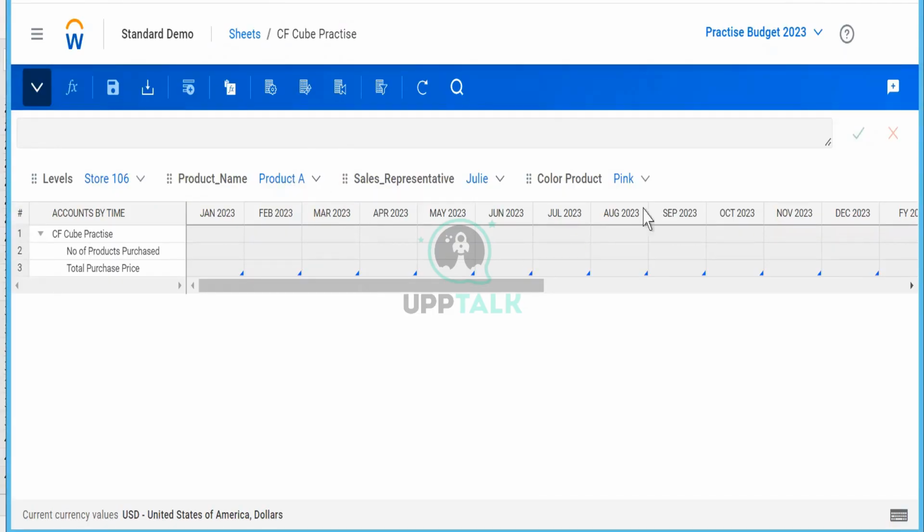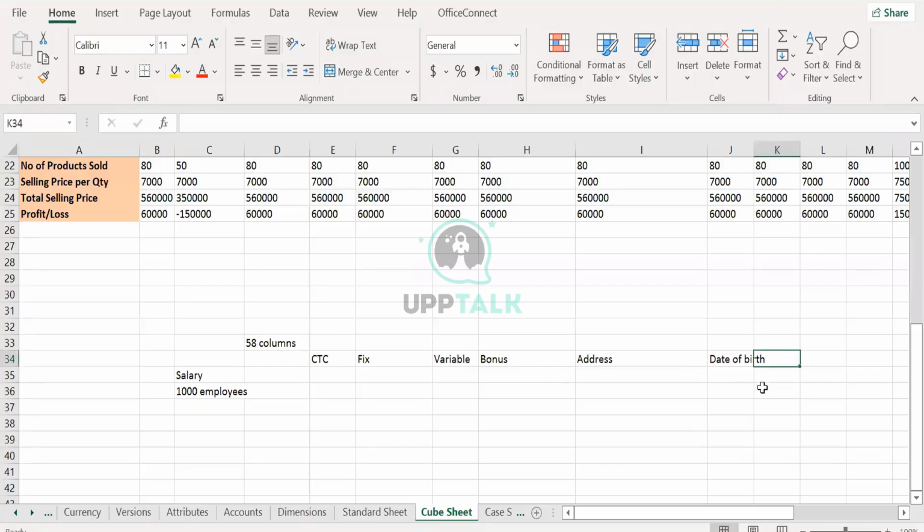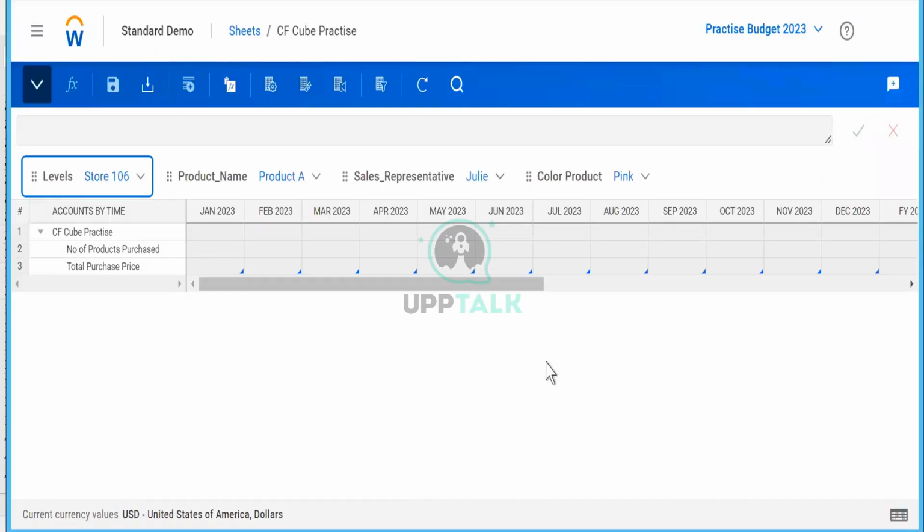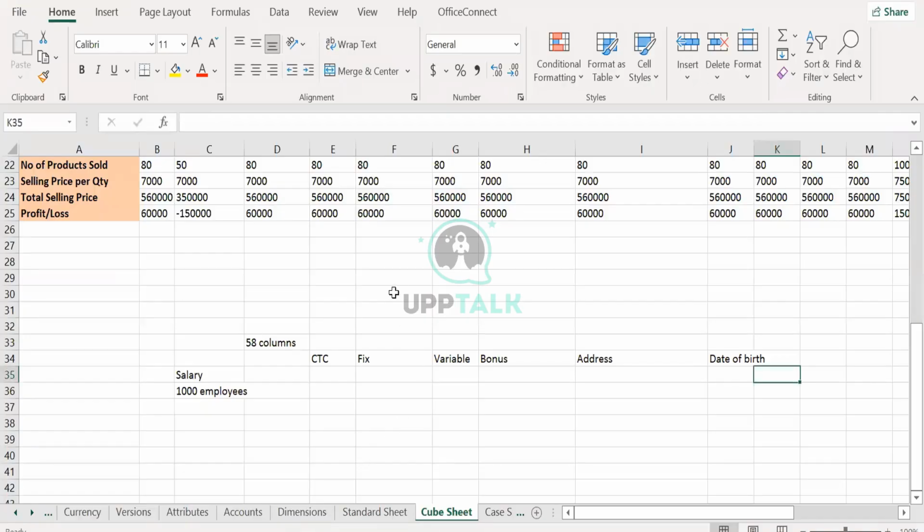Can you write any remarks here? Can you write any text like, Julie sold this product to somewhere? Can you write any description? Nothing. Just note all this down because you will have to tell in the interview why a cube sheet is limited. You cannot add a date column, you cannot add a description column, and there is also a limitation: suppose there are 14 to 20 dimensions that you need to add in a sheet.